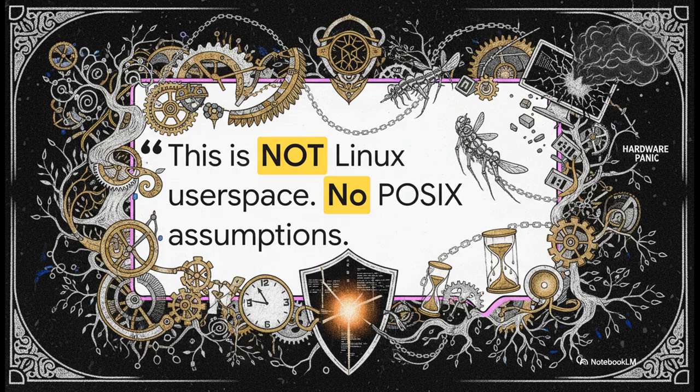What does that mean for us practically? It means absolutely zero standard library, no libc, no hidden heap allocations hiding inside your loops, no standard threads, and definitely no sleep or time APIs unless we provide them locally. Every single binary we compile has to be a position-independent executable, or PIE. Seriously, if you bring standard Cargo web app thinking into this repository, the build will fail, or worse, you're going to trigger a hard hardware panic.